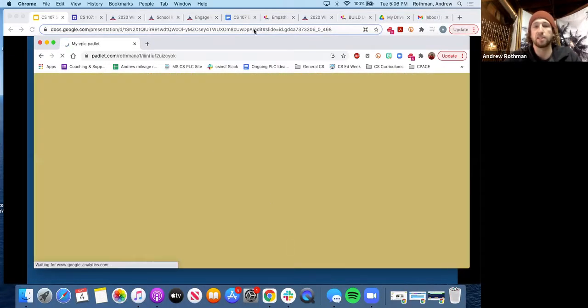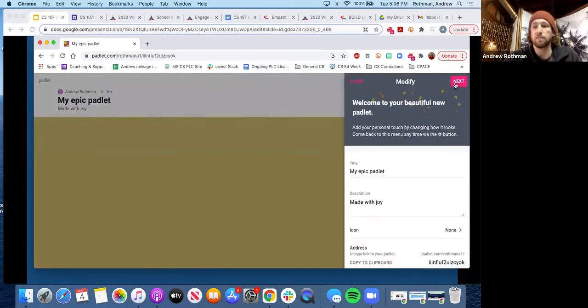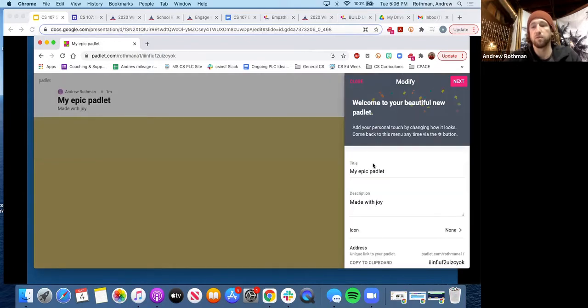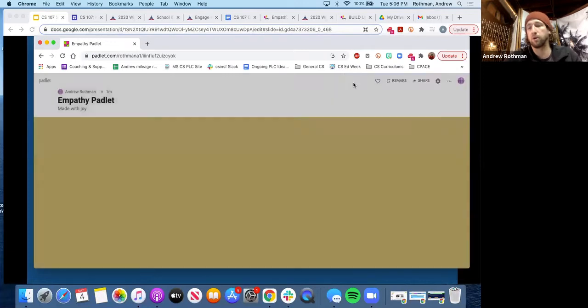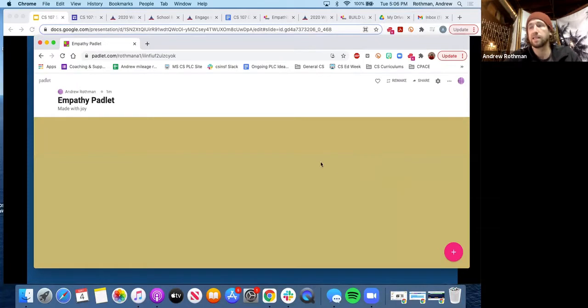And the reason I like this one is because when you make notes on this one, you can easily move them around and start to move posts around. But I would like you to call this the empathy Padlet, just so we can keep track of which one you are working on. To clarify, the reason we're doing this is because if we were in person, we would just do this by hand on paper. But this is, I guess, the best way we can do a virtual Post-it process.